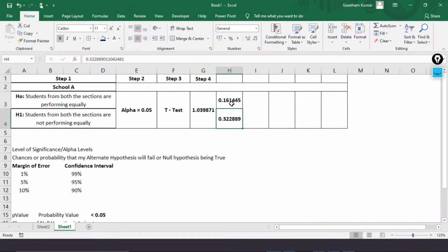Back to this case. Since we do not know what exactly the principal is saying, the principal is not sure whether section A is greater than section B or section A is less than section B. In this case, we will not consider a one-tail test. We will simply keep the two-tail test as the value. What is the two-tail test? It says